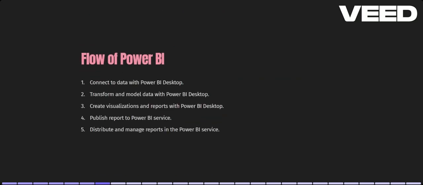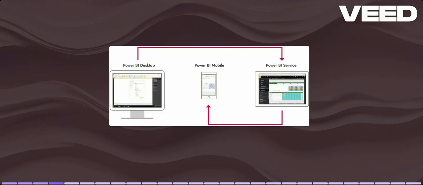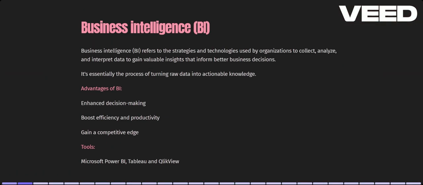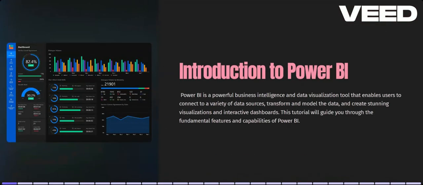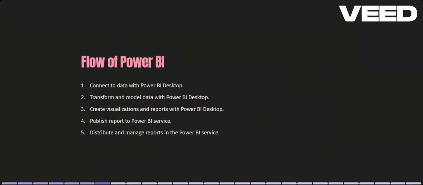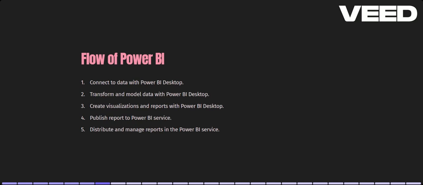And one more thing. Now let's understand the flow of Power BI, how Power BI works. The main concept of Power BI will start from here. Up to now, we have seen basics like licensing, features, versions, components, and what is meant by Power BI, the main definition. The main concept of Power BI will start from here: the flow of Power BI. So how does the flow of Power BI go on?